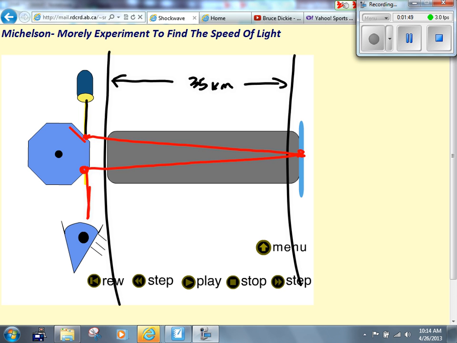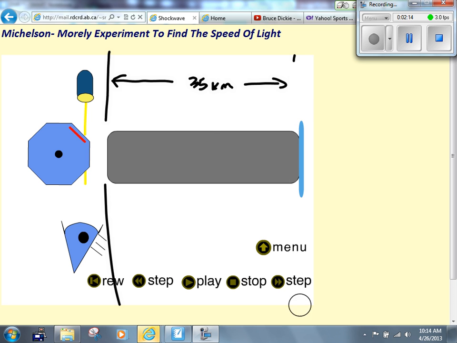The whole idea of rotating this mirror is to provide us with a mechanical way of measuring time that doesn't rely on reaction time, as in Galileo's experiment. We eliminate reaction time with this experiment if we can measure time with this mechanically spinning 8-sided mirror. So, let's erase this beam of light, and let's start spinning this thing. When we start spinning this thing